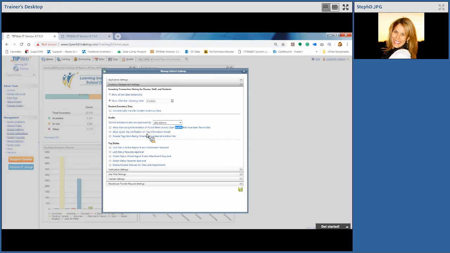I also have allow quick tag verification on the tag information modal or window. We have what's called quick verify, and this happens in the tag information window, but you can also allow it within the audit where you can do a quick verify of a tag. You have disabled tags from being collected if located at another site, and that is exactly what it says. It just prevents